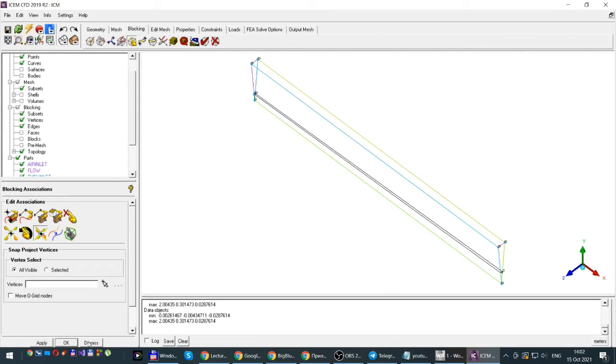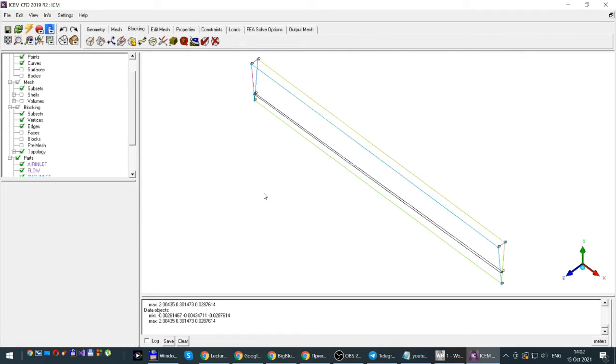Close the association window. And begin to build the mesh. For this purpose, we will select mesh page,